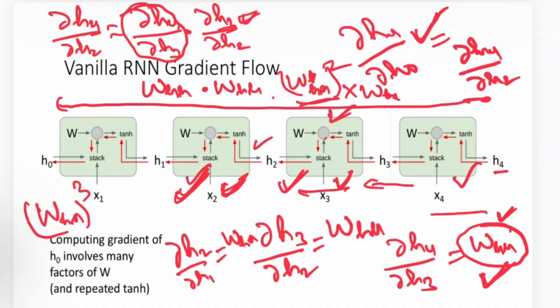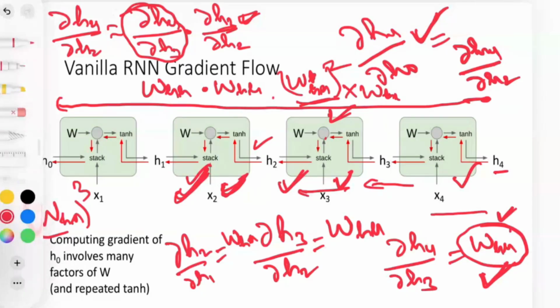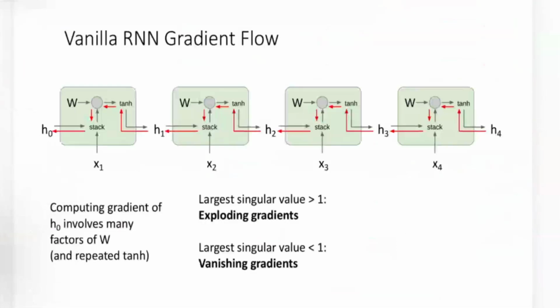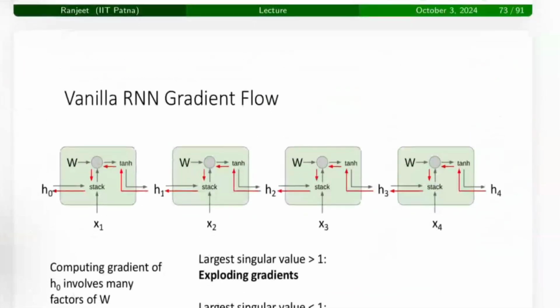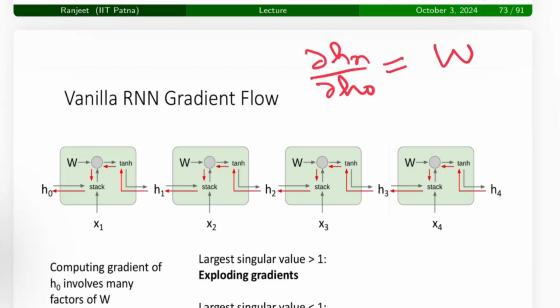So suppose you have n number of states, and if I ask you what is del H n by del H0, you'll simply say this will be approximately W_HH to the power n. Just ignore the tanh part, but the tanh part will also be there. That will also give you some gradient value, but let us ignore that part for now. Do you feel